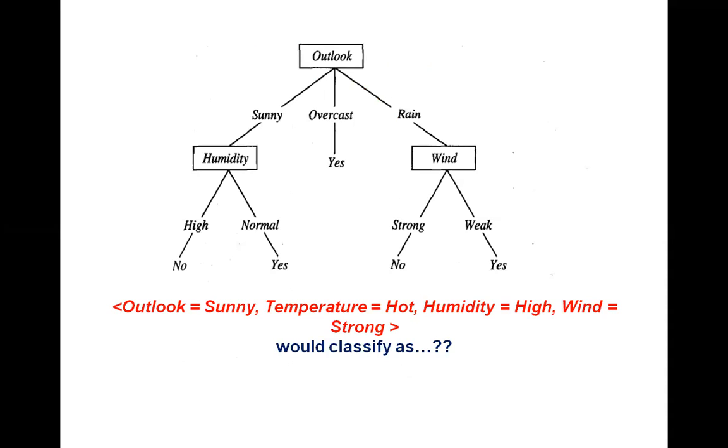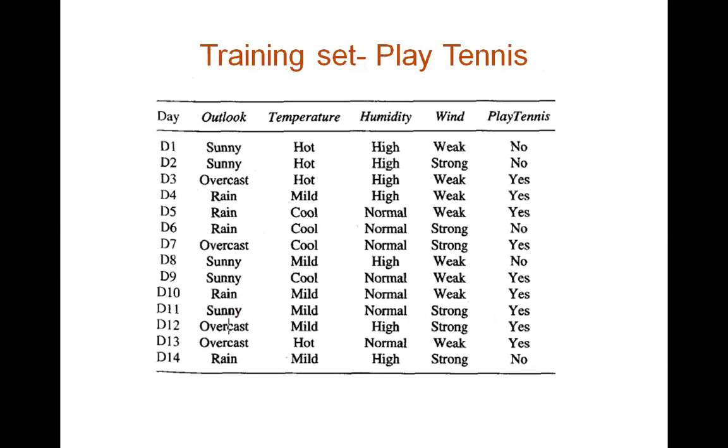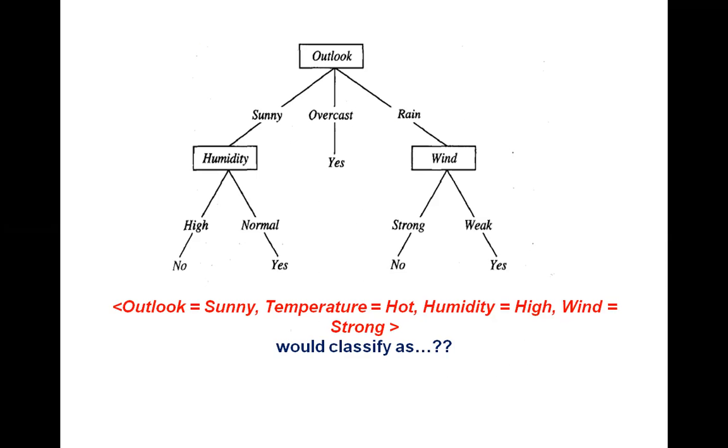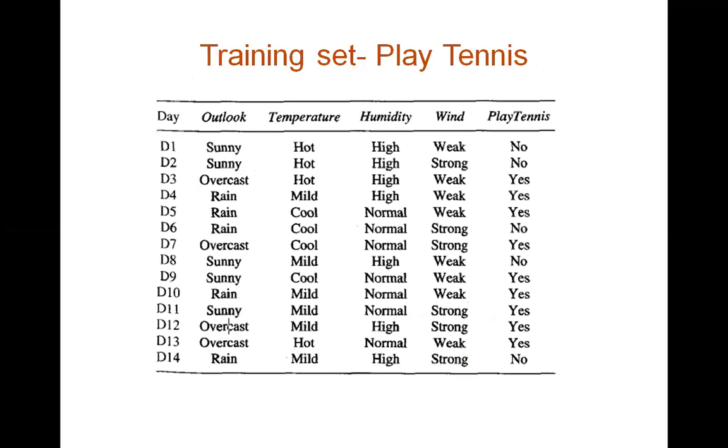Just see the tree. The tree is like this. What are the things you notice? You just observe the tree with respect to this data. So this is the given training data. For this data, we have already constructed a tree. See, we have to use an algorithm to do this. Right now, I have already constructed it. Training data is there, which has got 4 attributes, one classification, yes or no.